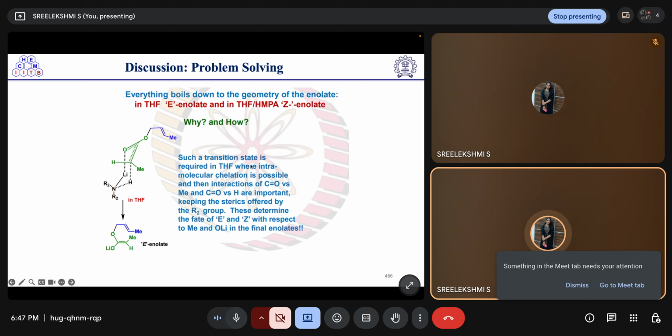So in THF, where intramolecular chelation is possible, the interactions of C double bond O versus methyl and C double bond O versus H are important, keeping in mind the steric bulk offered by the R2 group. So this determines the fate of E and Z with respect to methyl and O-lithium in the final enolate. So here, as we can see,